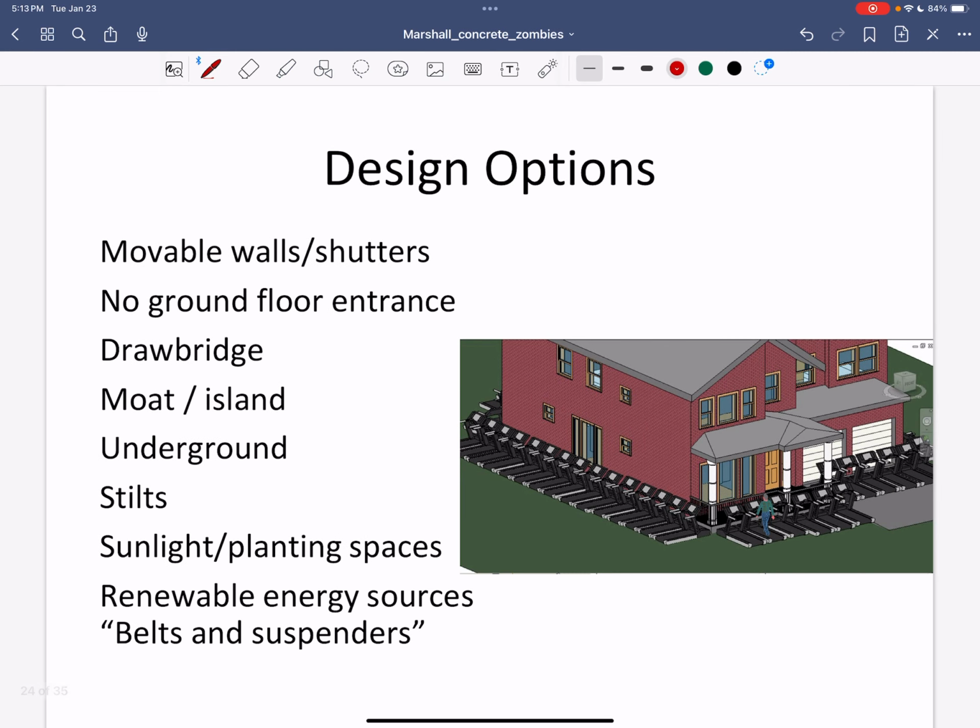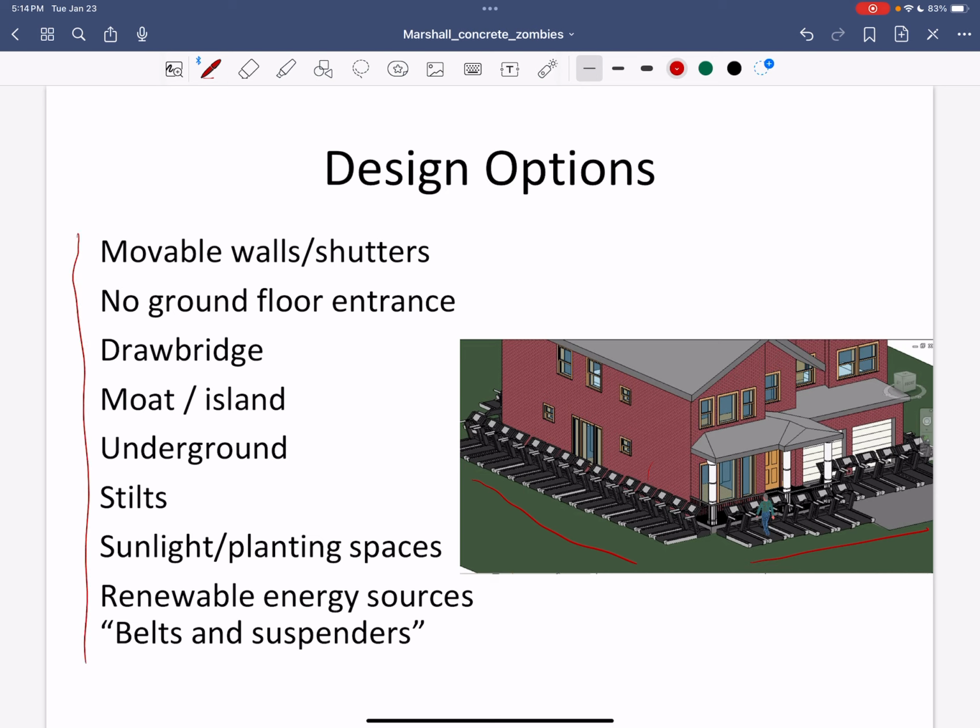What are our design options? Well, we can make the structure zombie resistant by the zombies not being able to get in a couple different ways. This is kind of a silly one, but someone posted this on the internet: if I had treadmills all around, the zombies could actually power my house and not get in, right? Assuming that they're not the kind of zombies that can just climb up over the treadmills. Me personally, I don't want to take that chance. I'm going to make it proof for all the different types of zombies. But things to think about if you're designing, right?